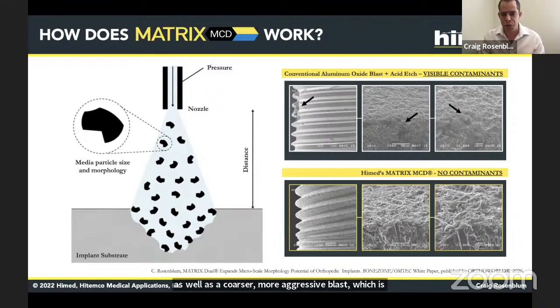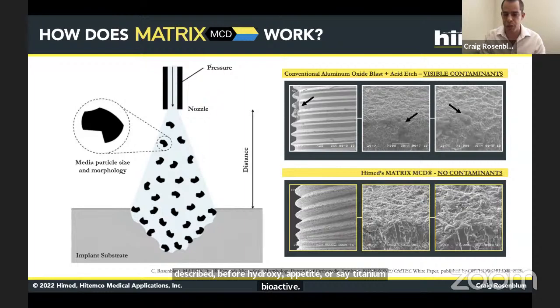So, this is the conventional treatment that HiMed uses either to texture the surface of a machine created surface, like a CNC screw, whether it be dental or orthopedic, as well as being able to roughen the surface prior to the application of a coating, like the coatings that I had described before, hydroxyapatite or say a titanium bioactive coating. So going back to that previous slide,